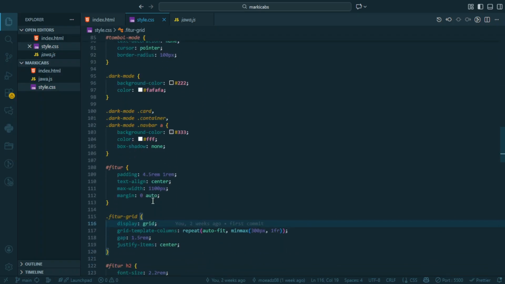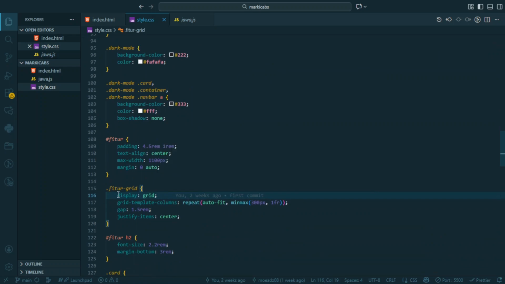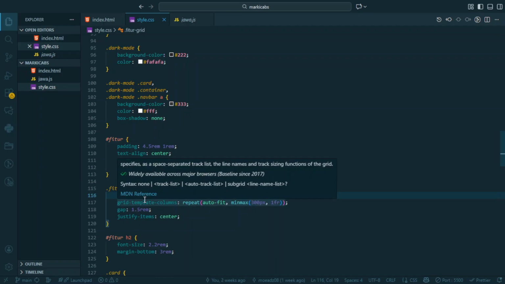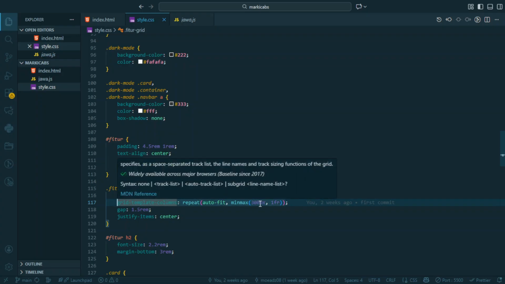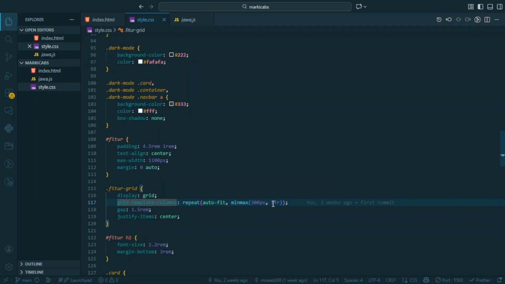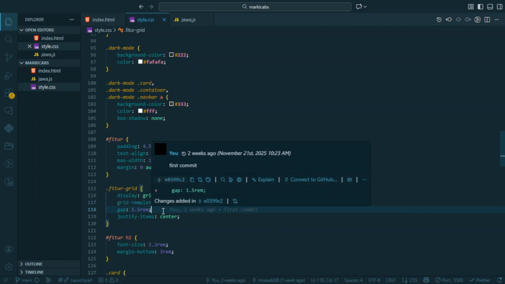In grid, I only use display grid. It's for activating grid. And then I also use this one, grid template columns, repeat auto-fit, minmax 300 pixel, 1fr, and gap 1.5 rem.